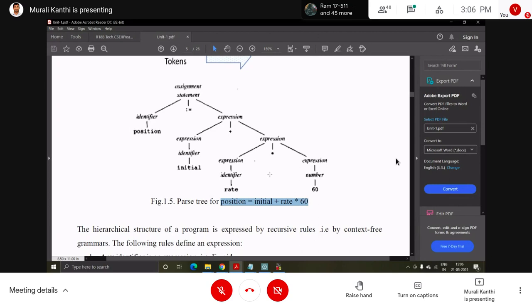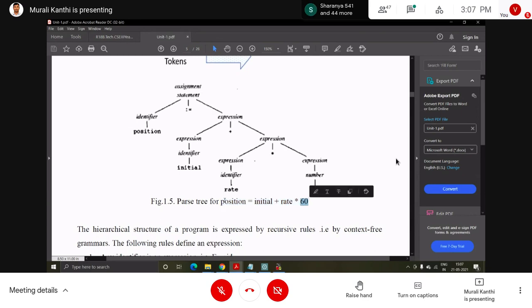Okay. Next phase, semantic analysis, the semantic analyzer. So now the semantic analyzer is going to take this parse tree, which is generated by the syntax analyzer, as an input. So here, with the help of a syntax directed definition, or attributed grammar, a dependency graph is constructed to decide which operation is the first operation.